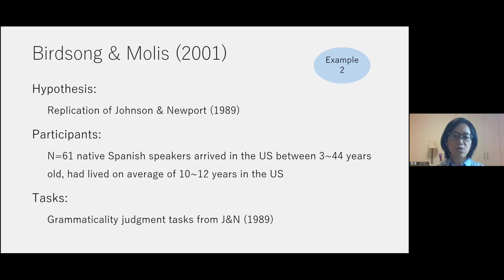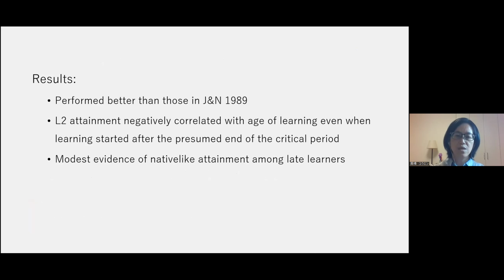However, in 2001, Birdsong and Molis actually replicated the study by Johnson and Newport, and they recruited 61 native Spanish speakers who arrived in the US between the age of 3 to 44, and they have lived an average of 10 to 12 years in the US. And they gave them the same tasks that Johnson and Newport used in their study. And they have found that